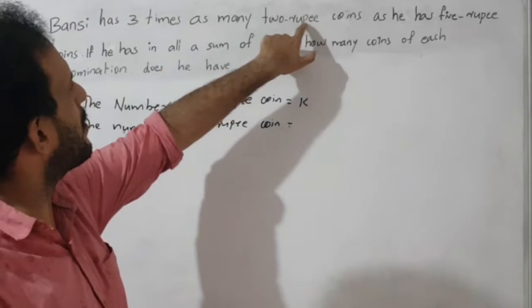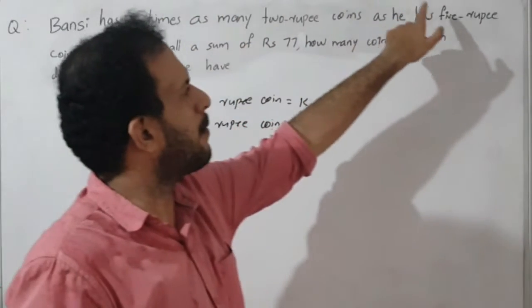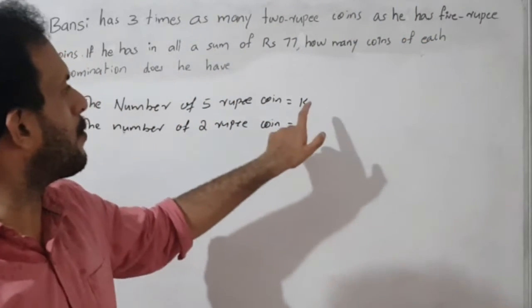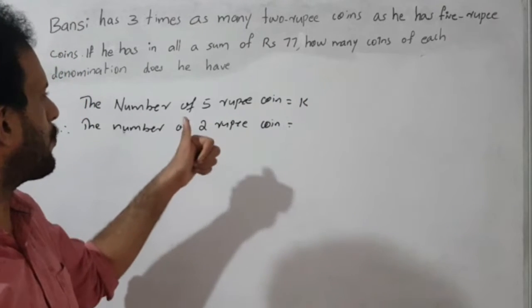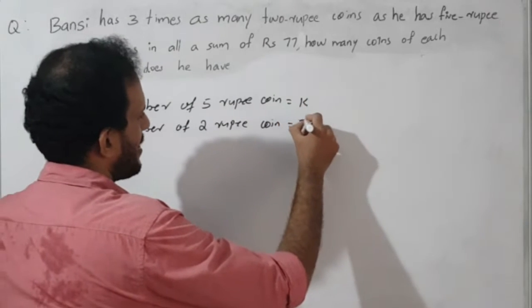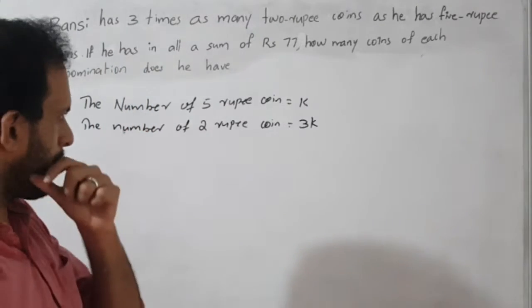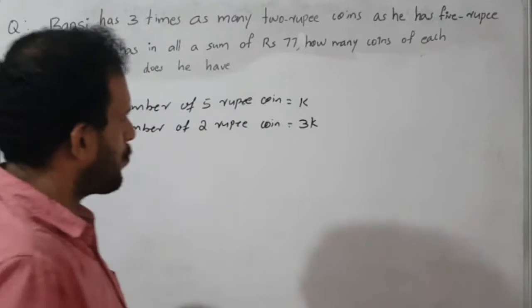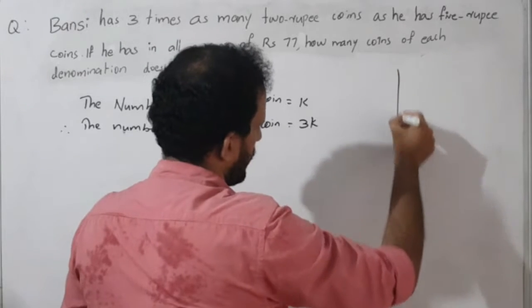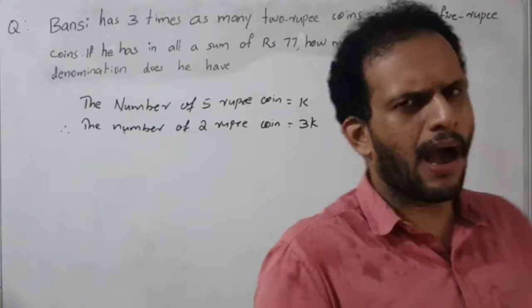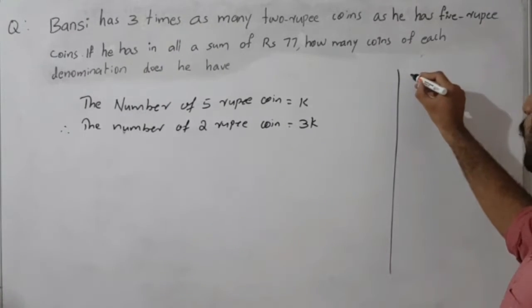Number of 2 rupee coins is 3 times the number of 5 rupee coins. So the number of 5 rupee coins is k. Then what is the number of 2 rupee coins? That one is 3k, 3 into k. That means 3k. Okay. So the next one, below here, in my hand I have the 10 rupee